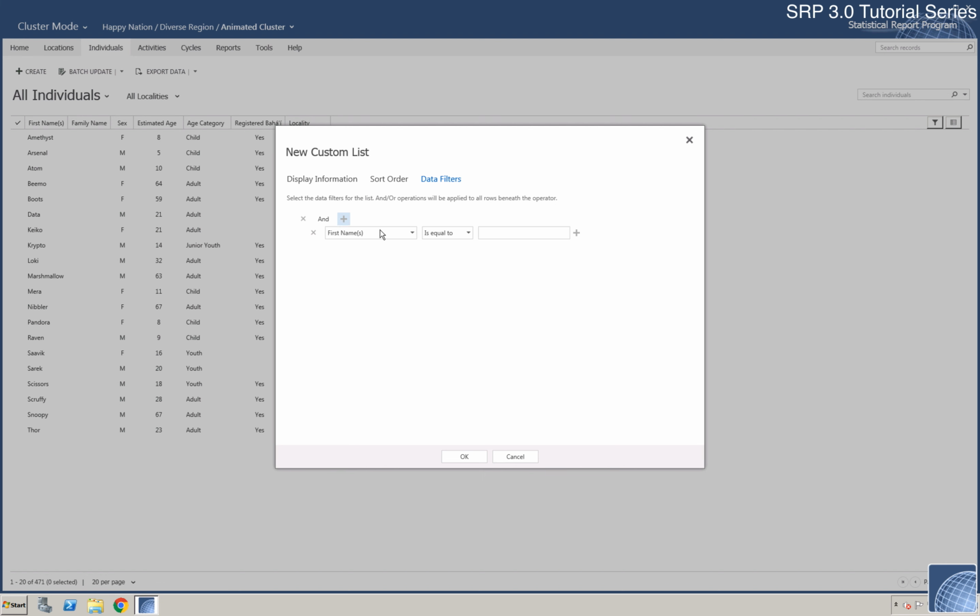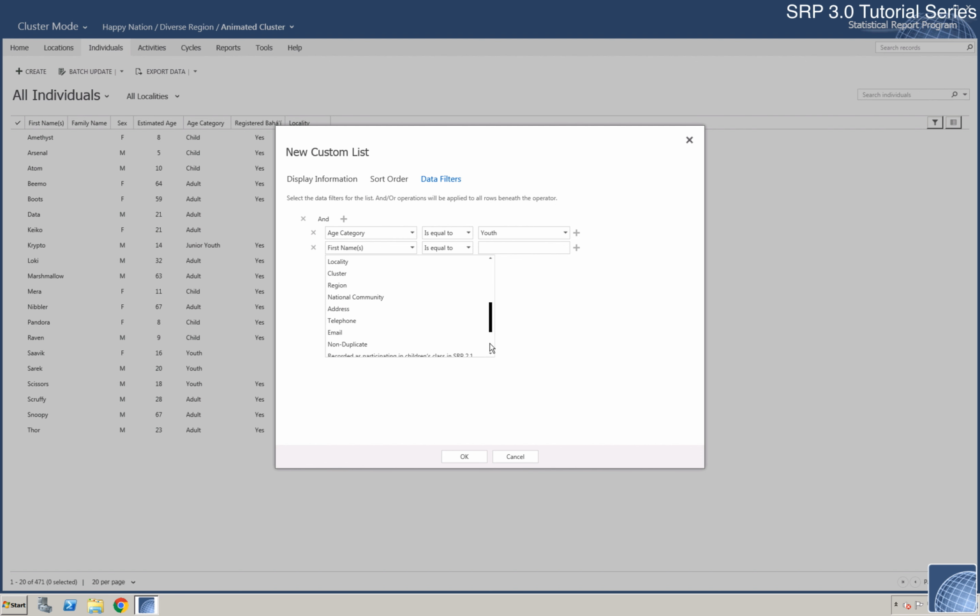Click on the Add button, and the first thing we want to do is select age category is equal to youth, and then hit the plus button. Actually, I am going to delete this and do that again, because it makes a difference where we hit the plus button. So let's do this again. Age category is equal to youth, and then come back up here and hit the plus button up here and say, and